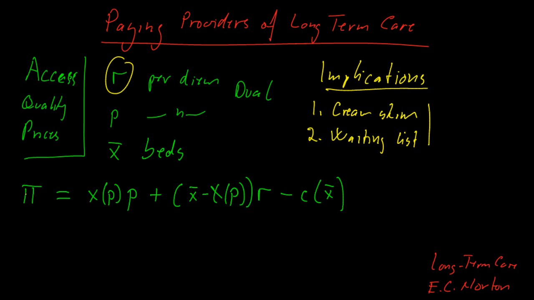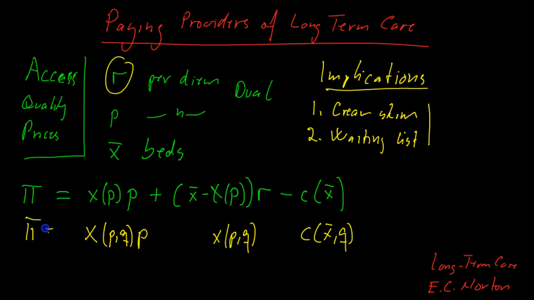Now, what about quality then? Can we say something about quality? In order to say something about quality, we need to add quality to the equations here. And let's say demand here, X, depends on price and quality, times price. And the same with X here would depend on price and quality. And also cost would depend on the number of beds and the quality that you provide. So it's basically the same thing here, but the demand is a function of price and quality, and cost is a function of quality as well. Now the important thing then is, and this is the third implication here, that